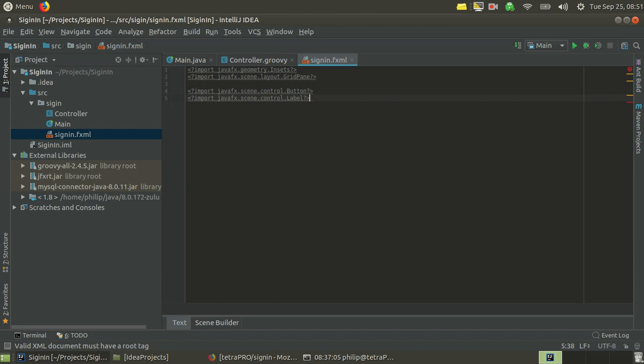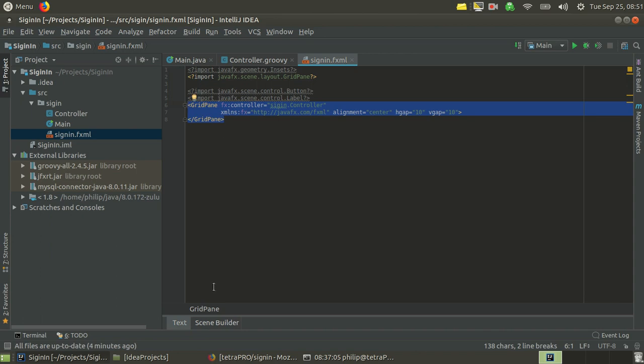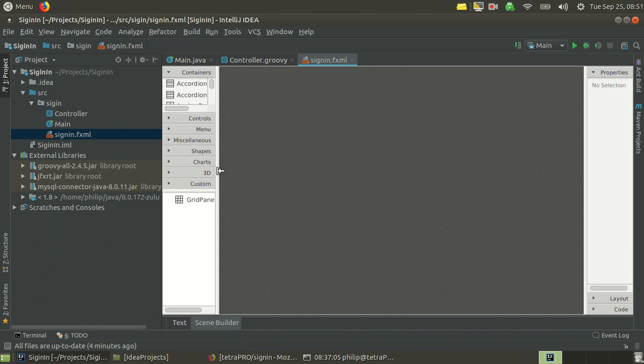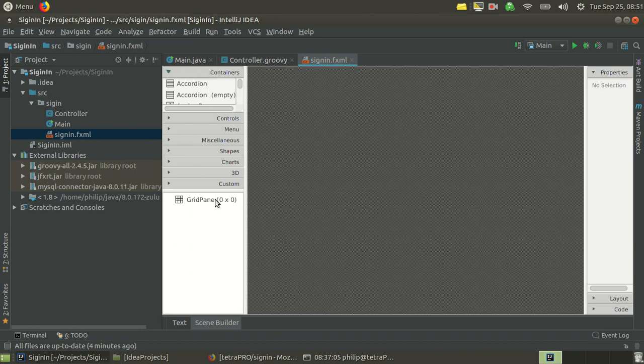Oh, we don't have it. Here, let me undo for a second. Control Z. Control Z. Come on, there it is. All right, we'll Control S to save that. Now let's go to Scene Builder and open it up. Premature end of file. Okay, so we just hit this grid pane there,